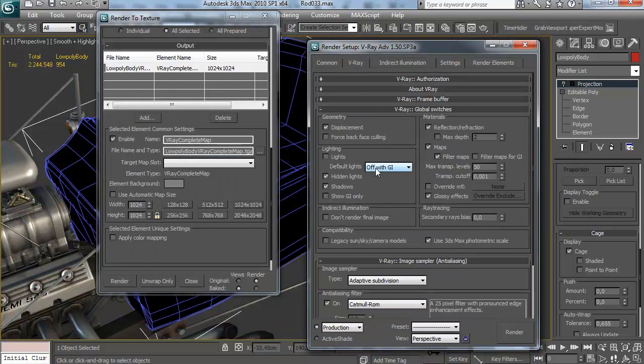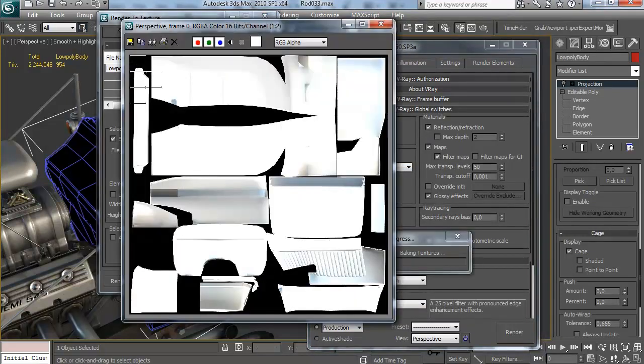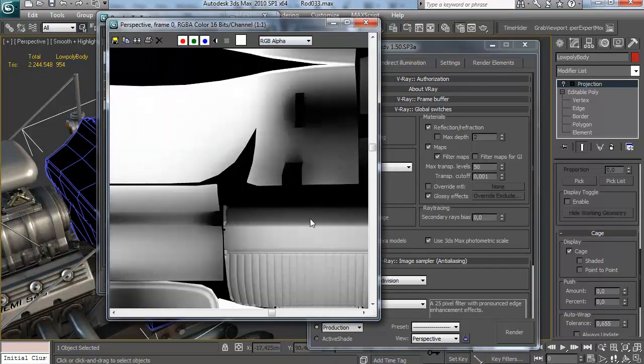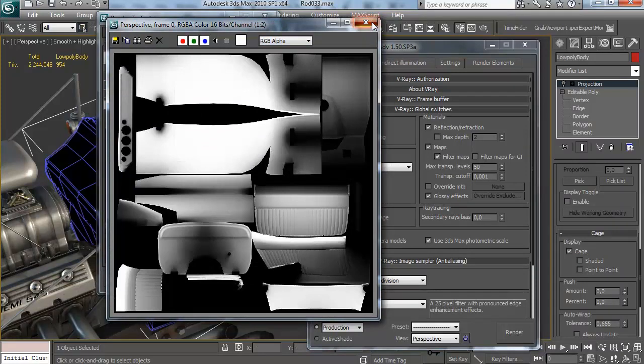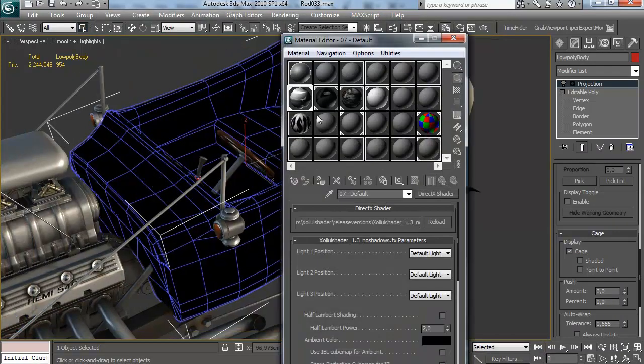It's still not perfect. The reason for that is that the lights were on. I forgot to turn off the default light. There we go. That's the ambient occlusion we're looking for. This looks pretty good. We can definitely use this. Once we have that,